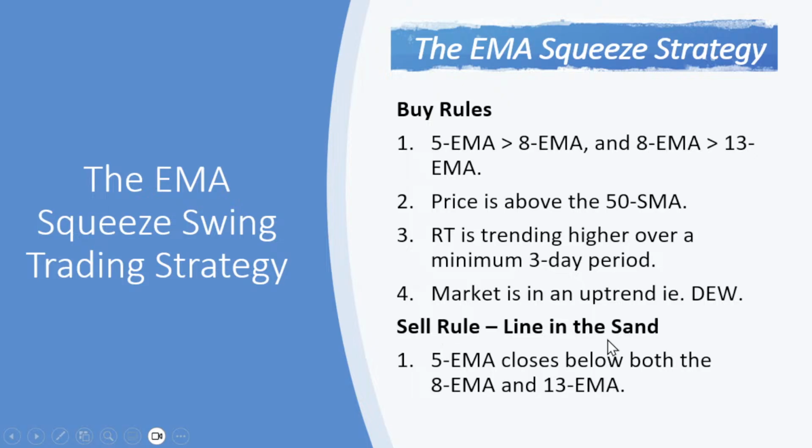The sell rule, which we call your last line in the sand, is you're closing the position when the 5-day EMA closes below both the 8 and the 13. Okay, no ifs, ands, or buts. There might be opportunities for you to close the position before that. You want to take profits. That's always your prerogative, right? You know, maybe a stock's retracing from resistance, or a stock has a bearish candlestick formation and is overbought, and you have a 30% gain, right? But you have a 30% gain because you've been in it for a little while, because the 5-day EMA never closes below the 8 and the 13.